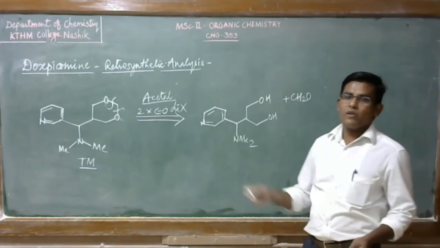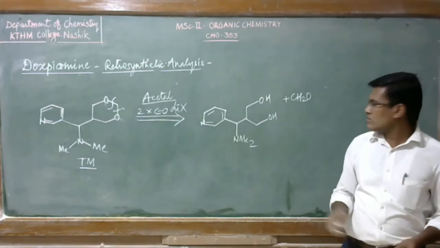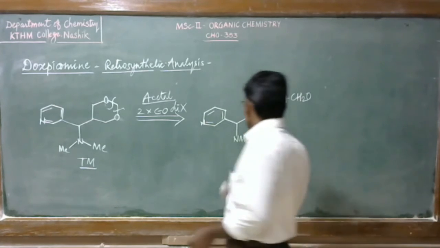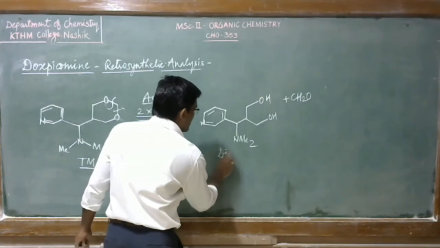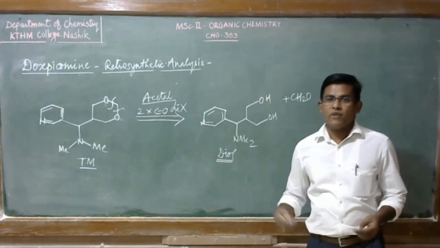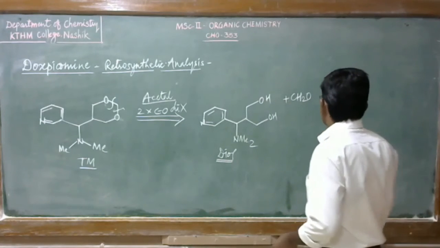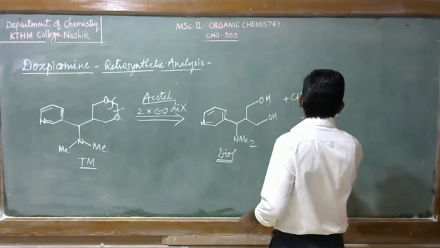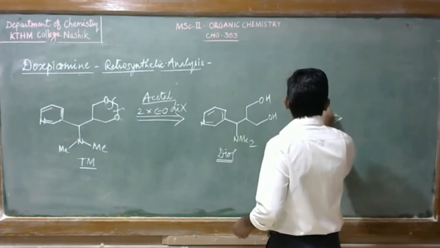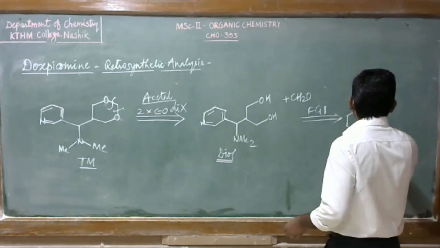Now you can think about this diester. Okay, so this diester can be reduced to diol. So this is the diol, and this can be made by using the well-known diester. All right. So let us convert this diol into diester. So let's put this FGI. So when you do this FGI,